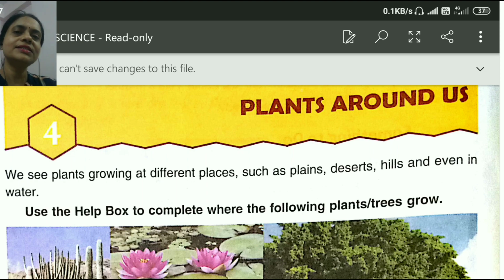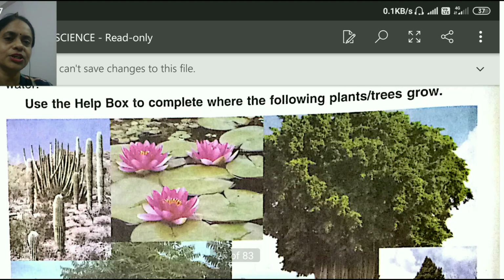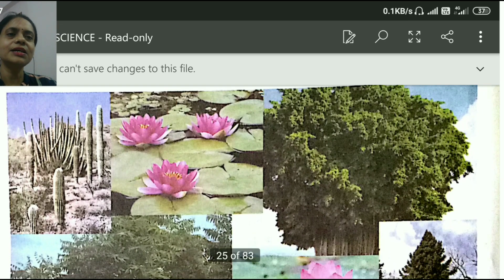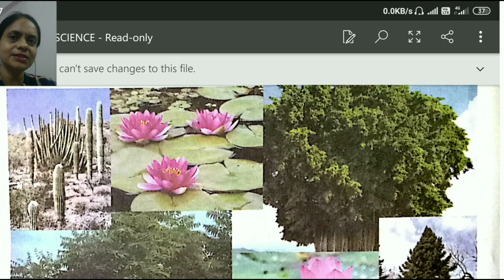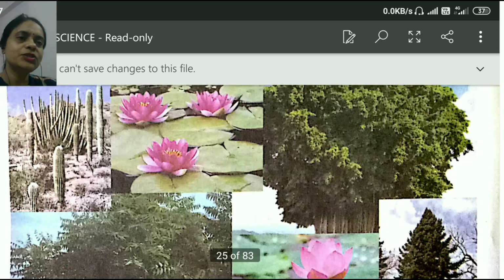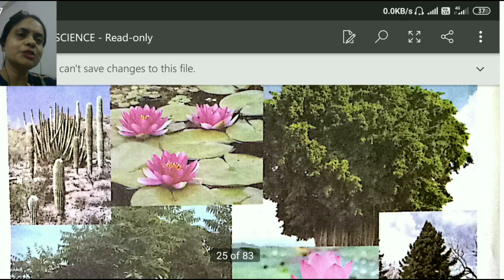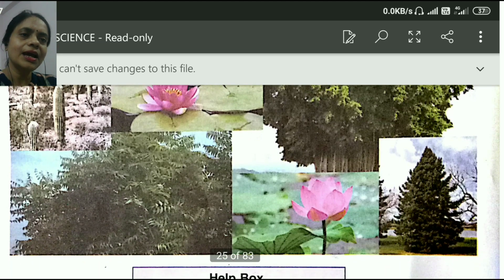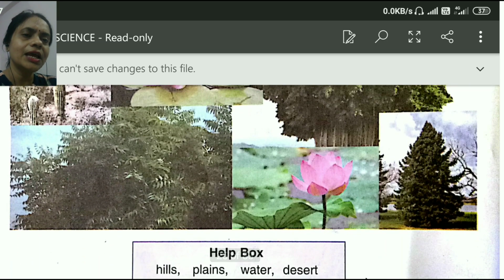Now let's have a look at the given picture. So this is the picture of a cactus plant, and this is lotus. Here the tree on plain areas is pictured, and here a tree of a hilly area that is conical in shape is pictured.